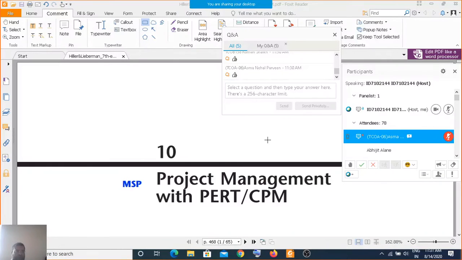So I'm really thankful to you for being with me for this long duration and going through all this. Due to overwork of different kinds, research and other things, I actually did not manage to create the presentation for these problems. So instead, I used the entire chapter and simply showed it to you. There is no copyright infringement, because this chapter is the sample chapter given by Hillier and Lieberman, 7th edition, on project management techniques, or operations research in project management. Okay, so this is with PERT and CPM.